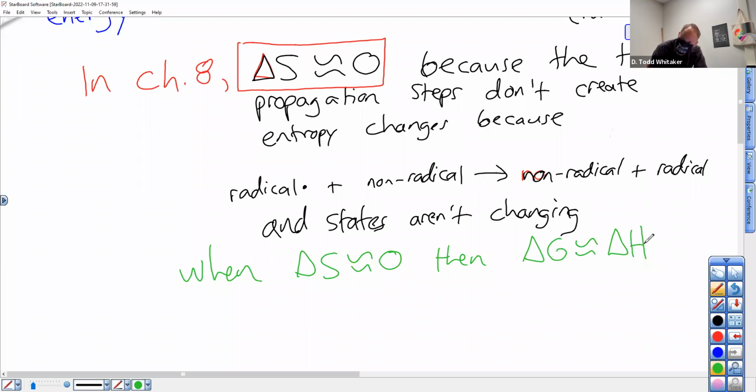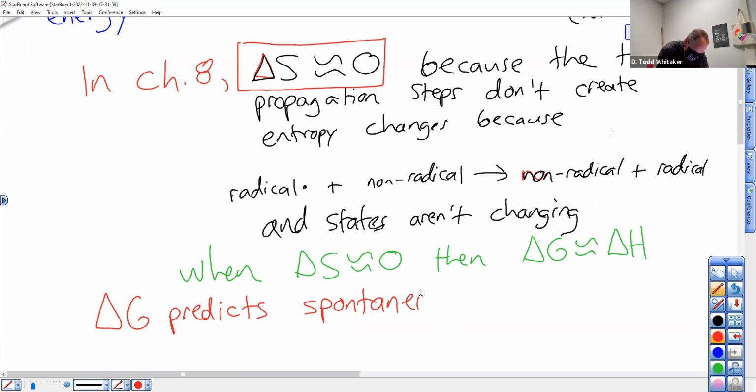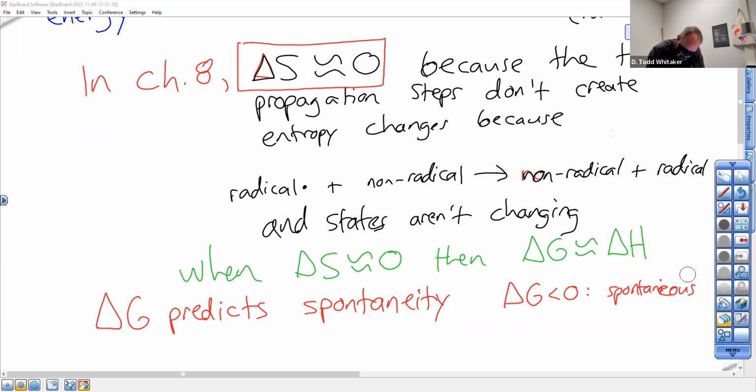And the beauty of delta G is right here. Delta G predicts spontaneity. That's just a fancy way of saying, does it happen? It's either spontaneous, which means it does happen, or it's non-spontaneous. It does not happen, okay? Delta G less than 0 means spontaneous. Spell spontaneous right. And delta G greater than 0,